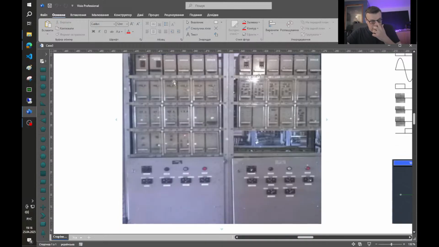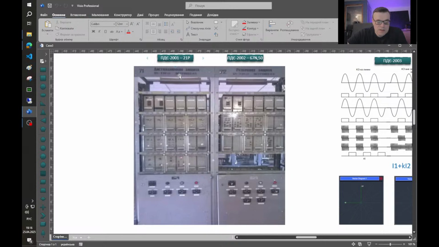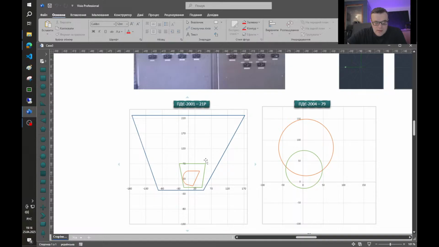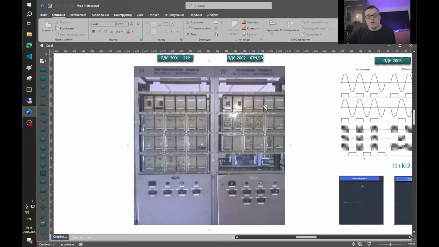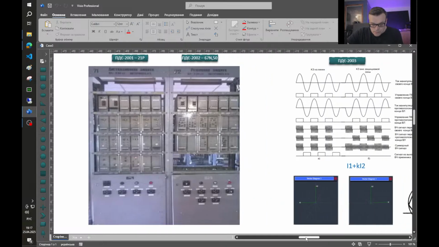distance protection. As I said earlier, distance protection from PDA 2001 is only for multi-phase short circuits, and it has characteristics that look like that. PDA 2002 has 4 directional steps for neutral overcurrent protection, and as I said earlier, instantaneous overcurrent protection. And